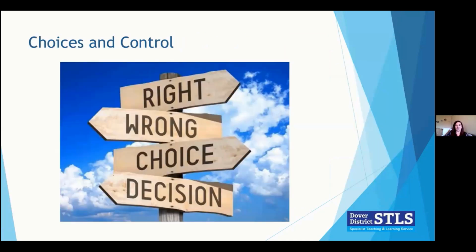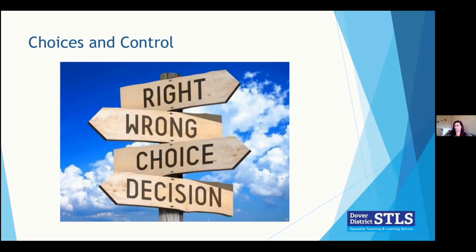Choices and control. So we offer choices as part of empowering all children, and it helps develop a sense of self and empowers the child to take responsibility of what they're saying and what they're choosing to do. When the child becomes an active participant in this, they are usually more willing to engage, and therefore better outcomes are achieved. Children with attachment difficulties may feel they have little control or choice in their lives. And so by offering them choices, you're offering to hand back the control of situations.